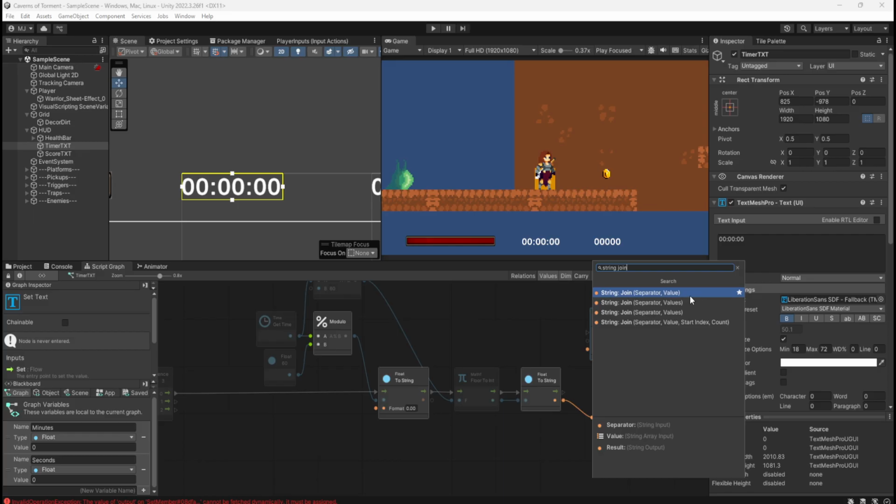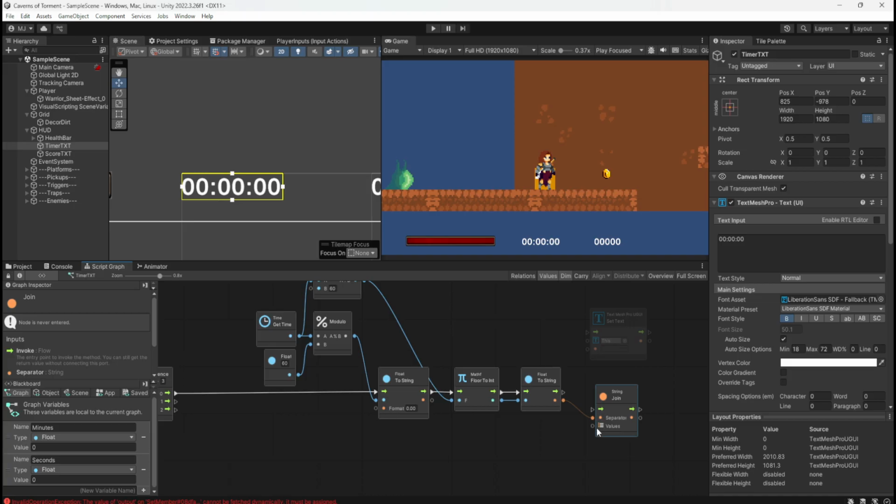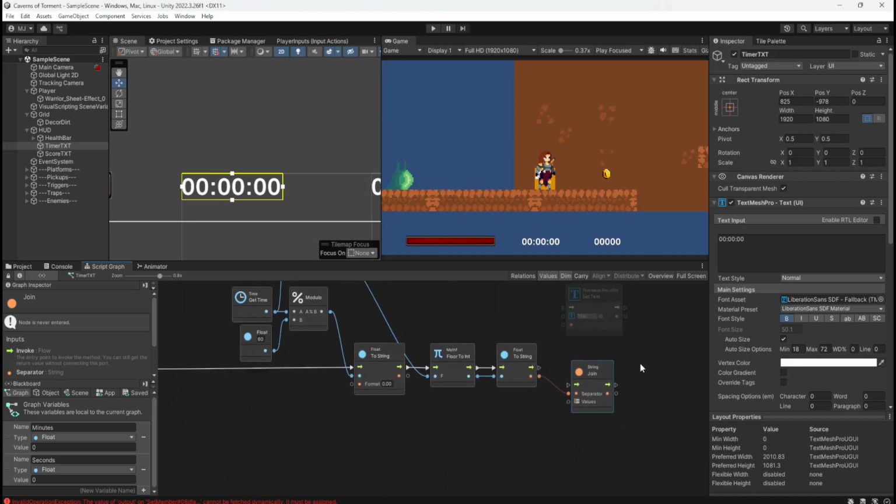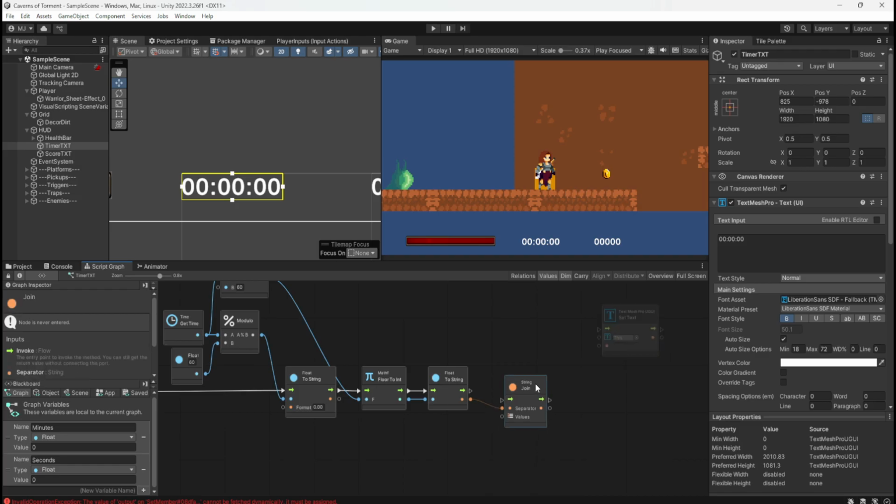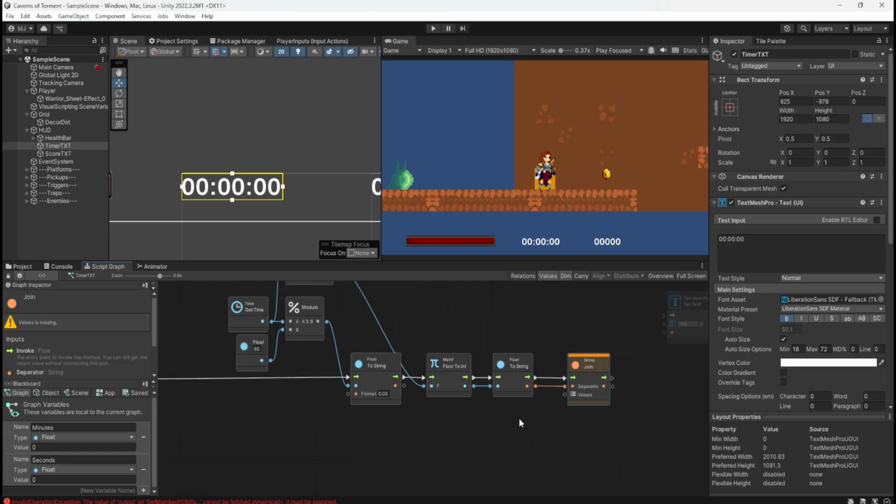Separator values, plural. We have 2. One is an object array, and the other one is enumerable of string input. Which one would it be? This one, string input. Okay. So I'm assuming we now need to do the same for minutes, I'm guessing, and then we plug